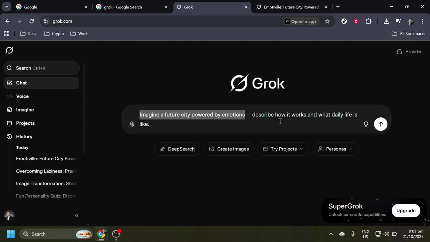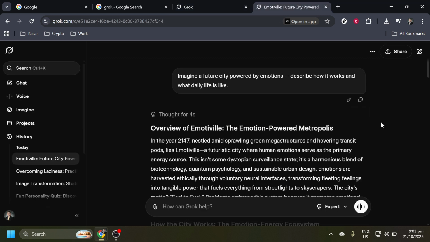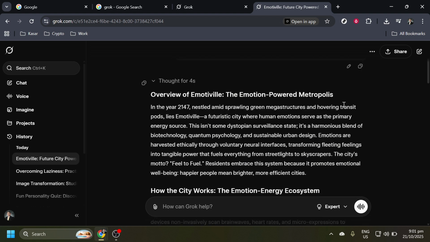ideas to digital life. After crafting your imaginative prompt, the next action is to click Submit. This is a straightforward but essential step because it sends your unique prompt into the system. Submitting the prompt is essentially where the magic happens, and it allows Grok 3 to process and interact with the